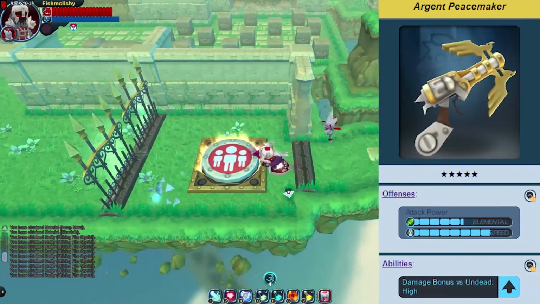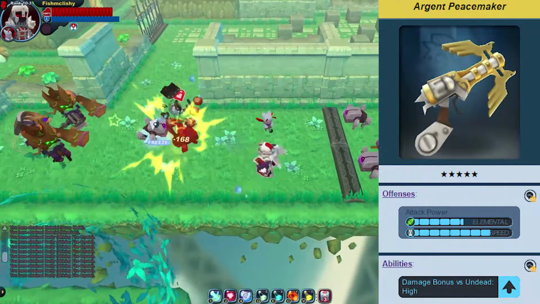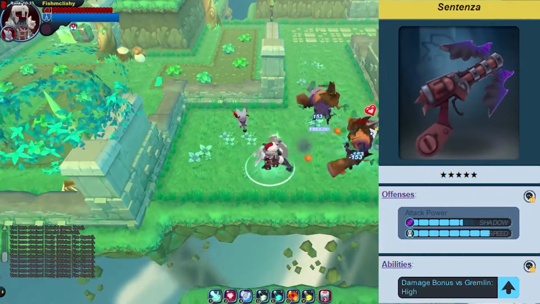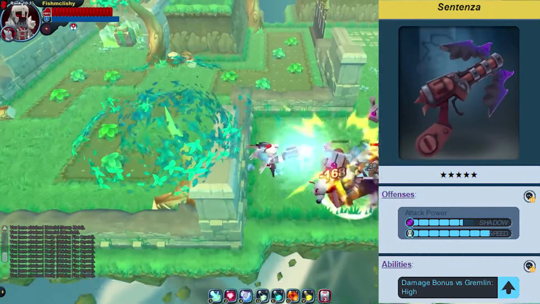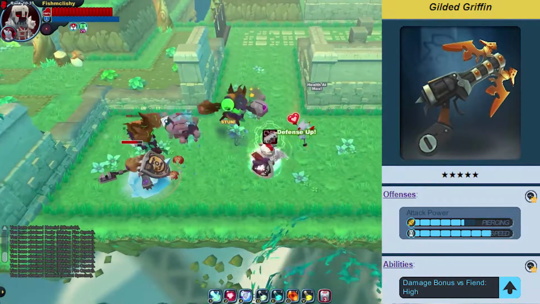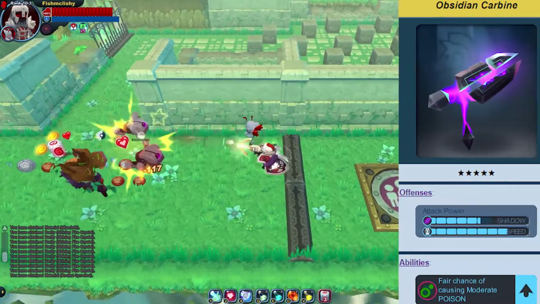The Argent Peacemaker is the first 5-star. It deals elemental damage, and it has an inherent damage of high against undeads. The Sentenza is the shadow damage Antigua, and it has an inherent damage of high against gremlins. The Gilded Griffin deals piercing damage, with damage high against fiends,